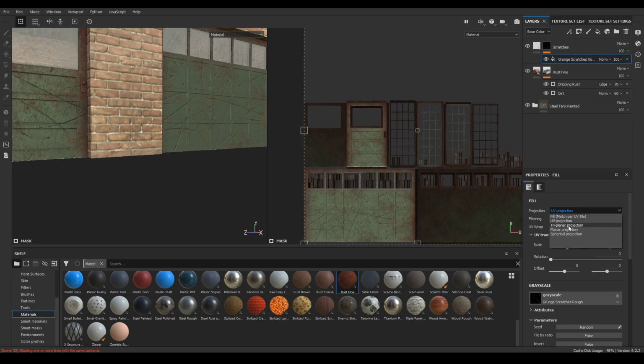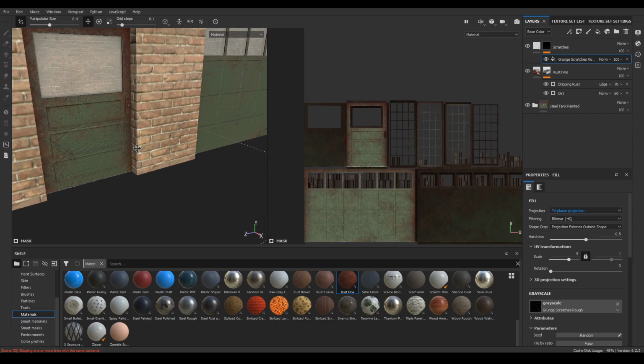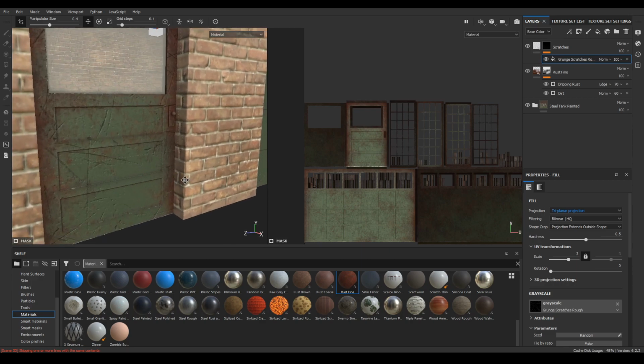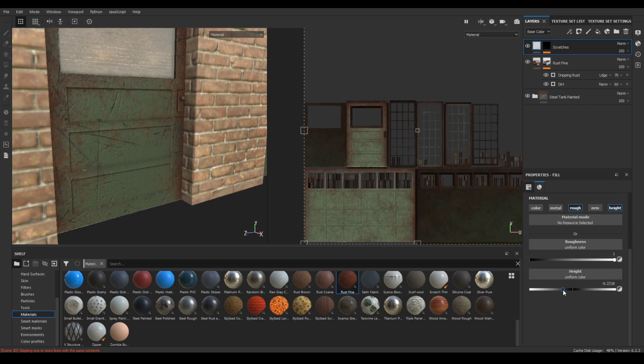Now change the projection to triplanar and scale to 5. Or 3. Now go back to your fill layer and decrease the height a little bit more to -0.25.